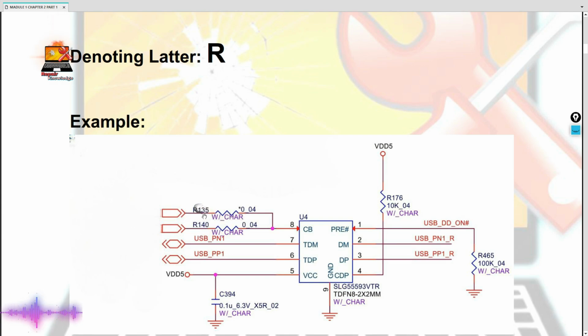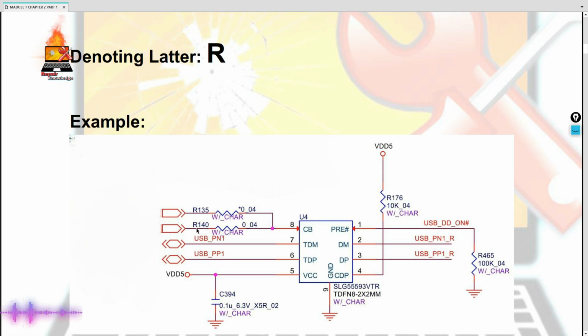It is showing you the symbol here and it is showing R here, and the number after it shows how many resistors are installed on that board, like R1, R2, R3. If 500 resistors are installed, then it goes up to R500: R1, R2, R3, R50, R100, R150, R200. So if we are working on a board with 500 resistors, then numbers up to 500 will come. Then you understand this R135.